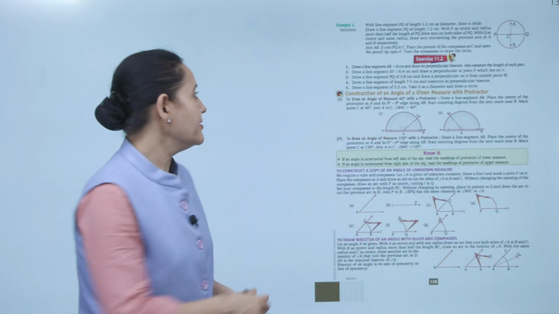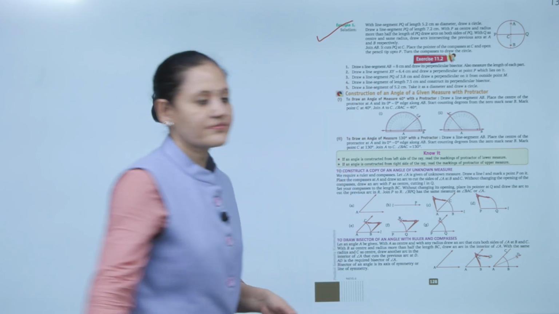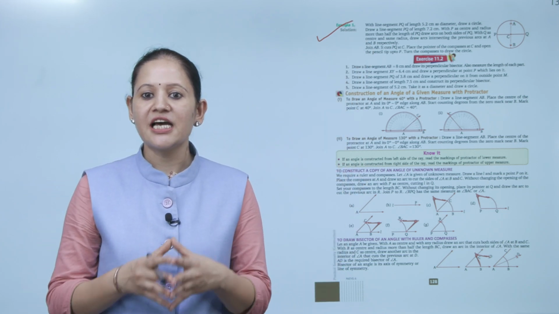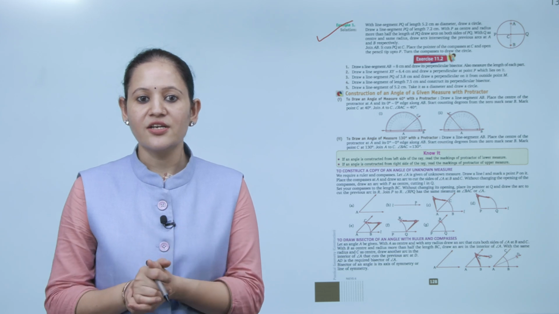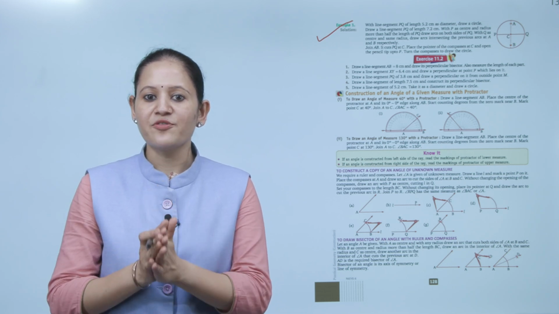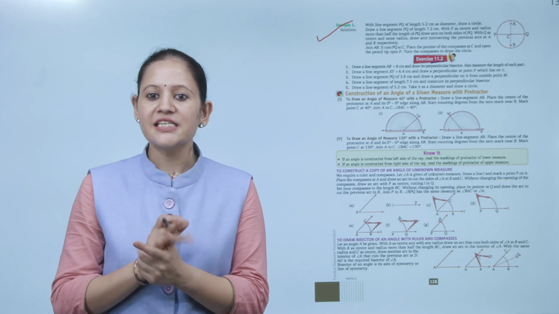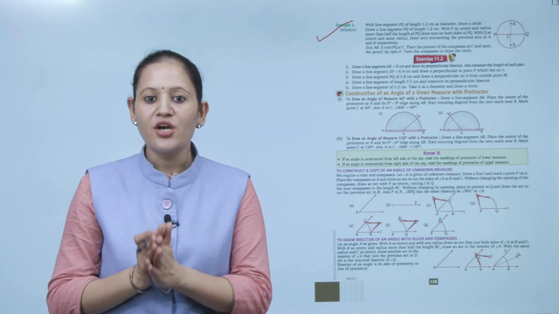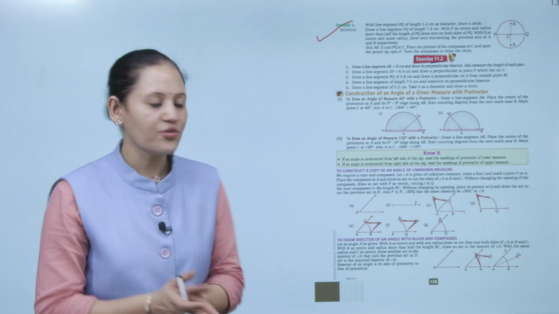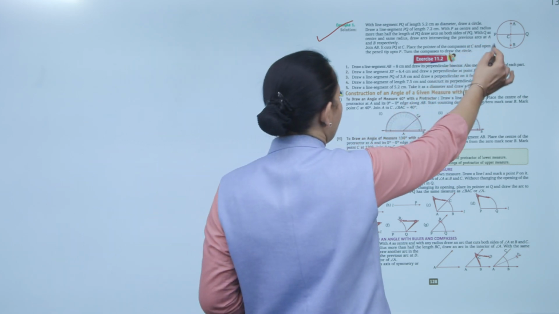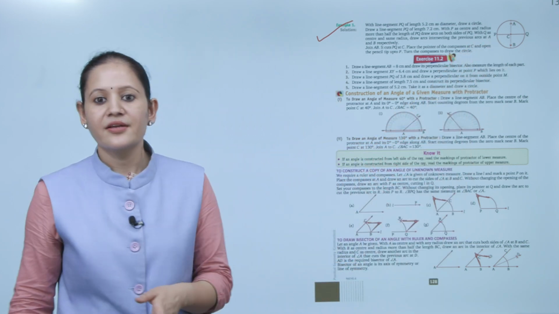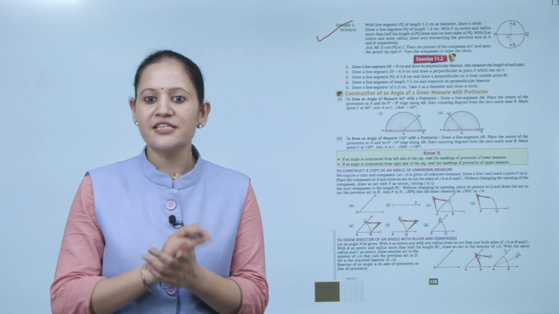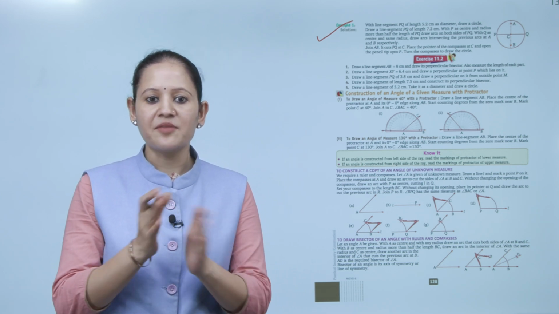Next, we'll take an example. With the line segment PQ of length 5.2 cm as diameter, draw a circle. Draw a line segment PQ of length 7.2 cm, with P as a center and the radius more than half of the length of PQ. Draw arc on both sides of PQ. इस तरीके से दोनों साइड पे PQ के हम arc draw करेंगे. Clear? With Q as a center, the same radius, draw arcs intersecting the previous arcs at A and B respectively.